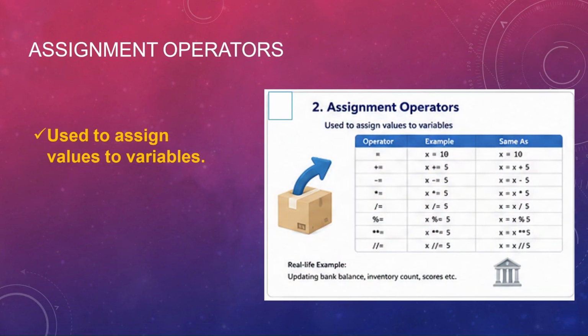Assignment operators. Assignment means what? It is used to assign values to variables. We have seen a variable is a box, and we are putting values in that. So assignment is the actual action of putting that, correct? Now, the single equal to sign. Please be sure, because there is one more operator where we use double equal to. So be very clear where to use what.